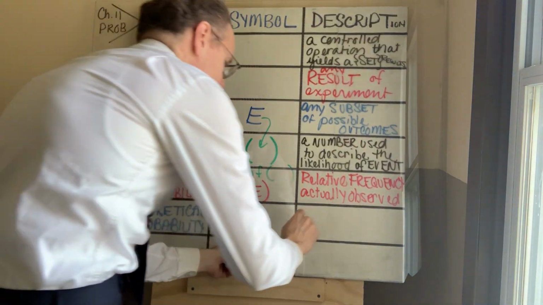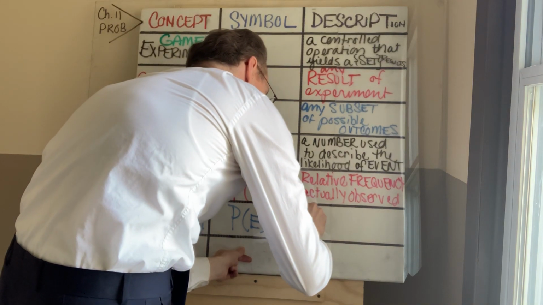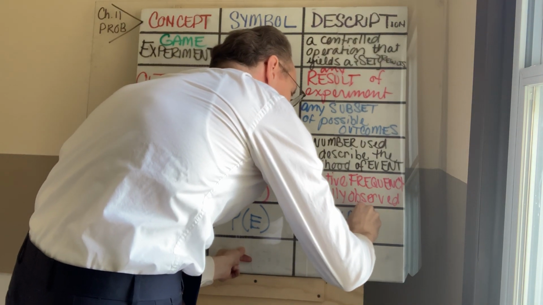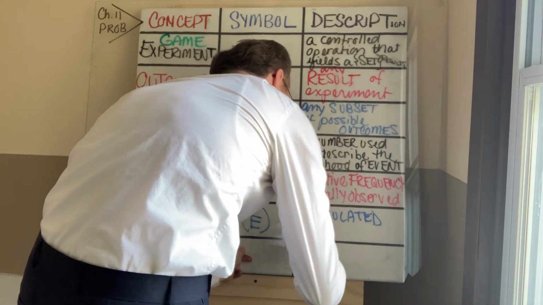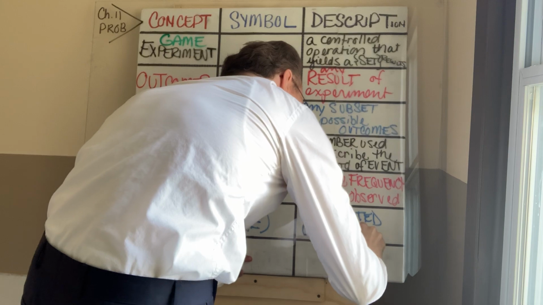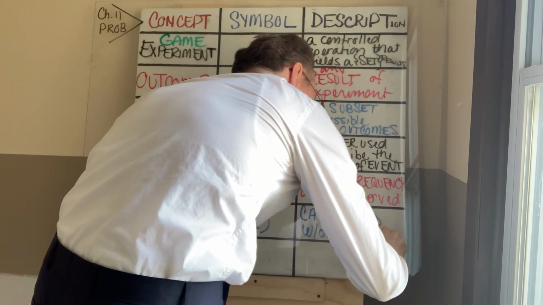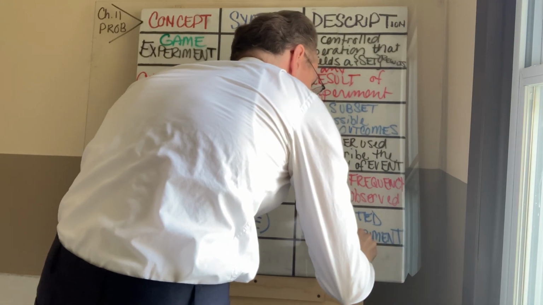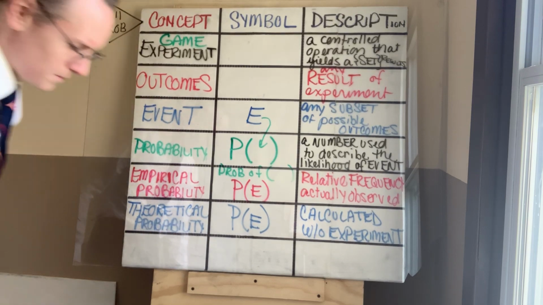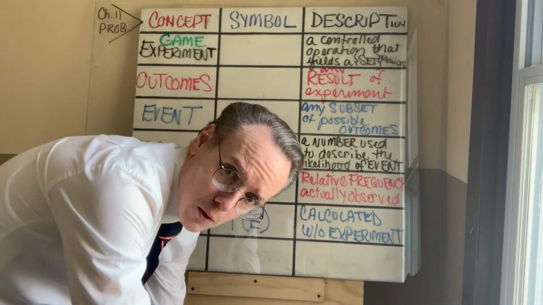This is mathematically calculated, without an experiment. So without doing something in real life. Mathematically calculated without an experiment. That's basically all that you would need to know in order to get through